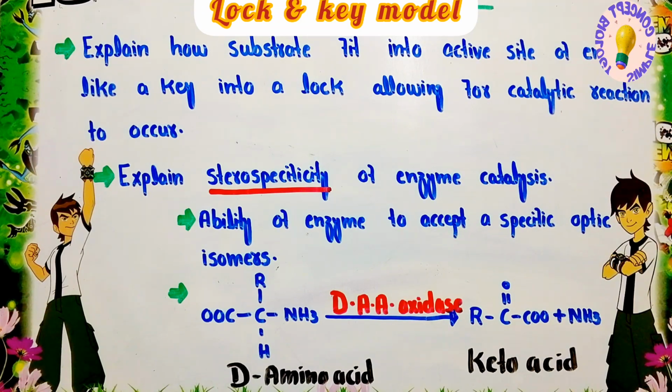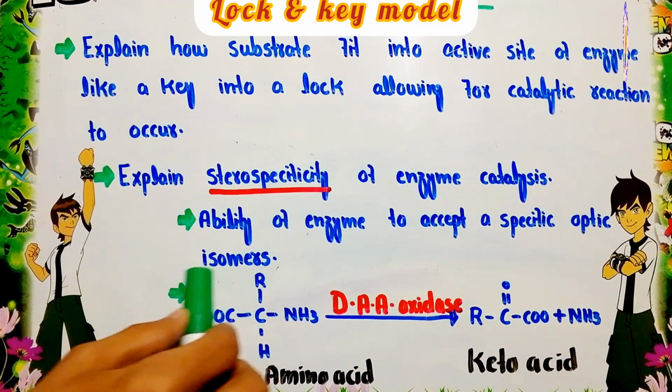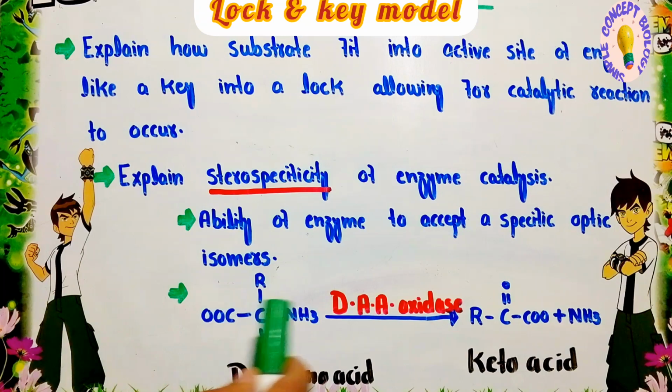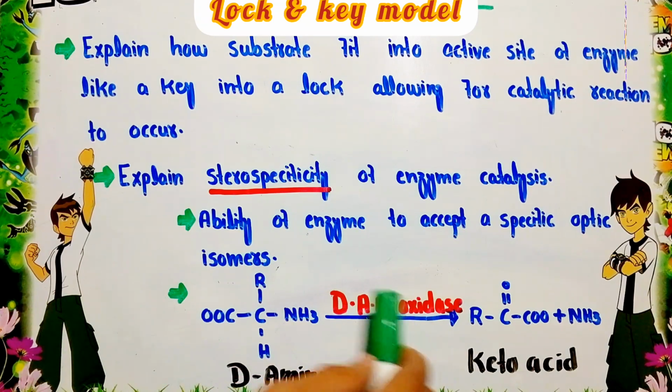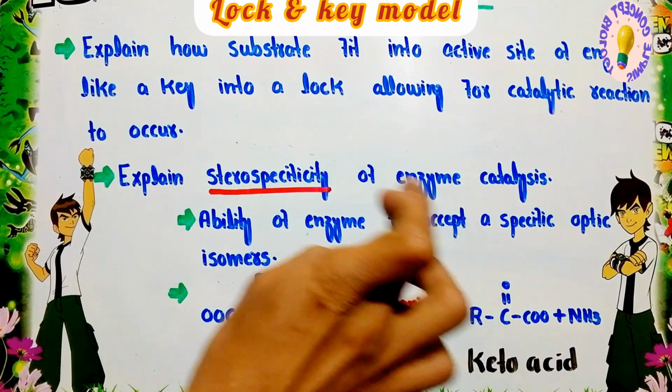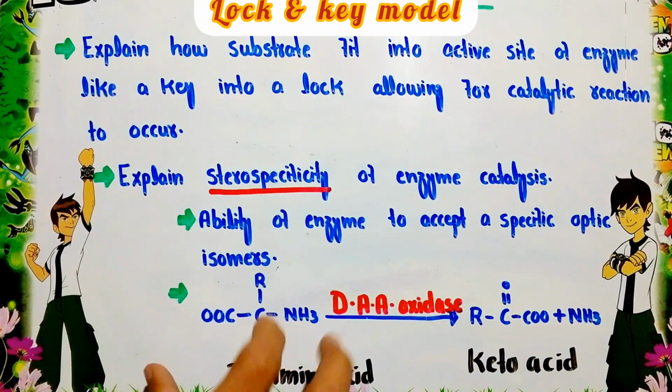You can easily understand this by taking an example. We have a specific enzyme for D amino acid. Now you can see it is called D amino acid because on the right side the carboxylic acid group is present, so that's why it is called D amino acid. D means dextro, dextro means toward the right. Now a specific enzyme is called D amino acid oxidase. This D amino acid oxidase only converts this D amino acid into the product, that is keto